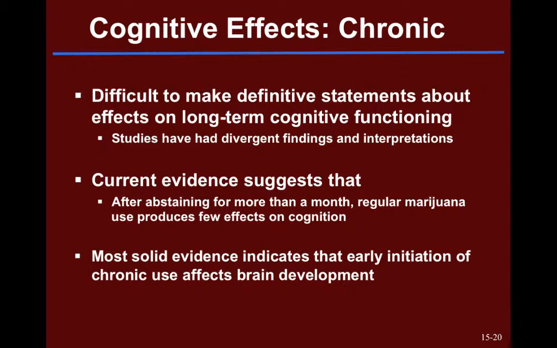We do see very solid evidence that early initiation is a different problem, that when we see people who start smoking marijuana chronically in their teens, that we do see effects on brain development there. So depending on the age of initiation, we may see some very different results in terms of cognitive function. And we'll wrap up here for part 2 of our lecture on